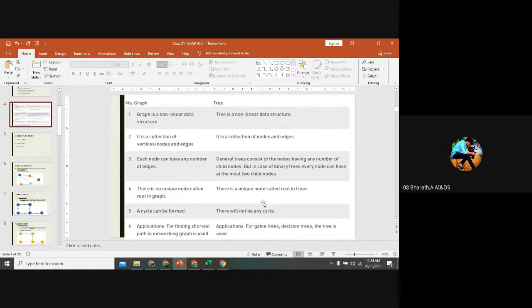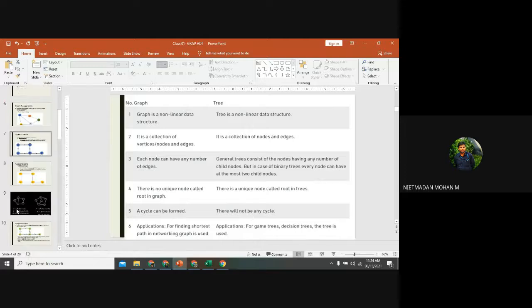Tree, all acyclic only, sir. Yes, all tree structures are acyclic graphs. In a hierarchy structure, you have not studied backward traversal in a tree, right? It will not connect any node from backward. It connects from the top level to the bottom level, and won't connect any level backward. So every tree consists of a non-cyclic graph.